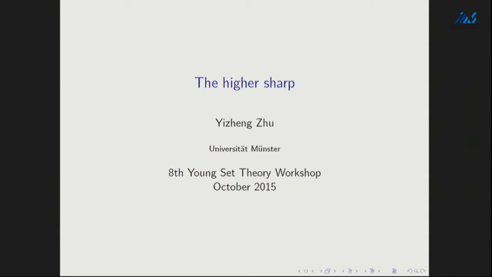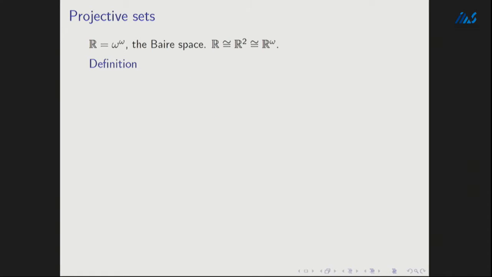So this talk is an exploration of the projective sets of reals under the axiom of projective determinacy or large cardinals. So this is out of battery. So this is the definition of projective sets. Just to remind you,